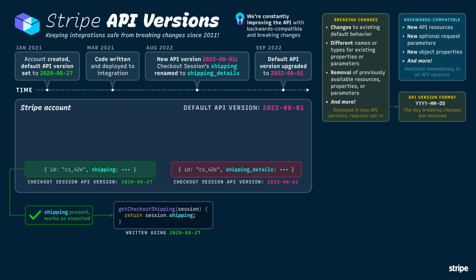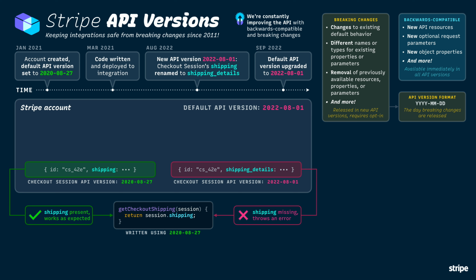So checkout sessions will now have a shipping_details property instead of a shipping property. That change is not compatible with this getCheckoutShipping function and will cause the code to throw an error when it attempts to access a shipping property which does not exist. When you attempt to upgrade your API version in the dashboard, we provide ample warnings to make sure your integration can handle the change before proceeding. Nevertheless, sometimes well-intentioned people see an upgrade as available, disregard the warnings, and proceed without understanding the scope of the change they're making.